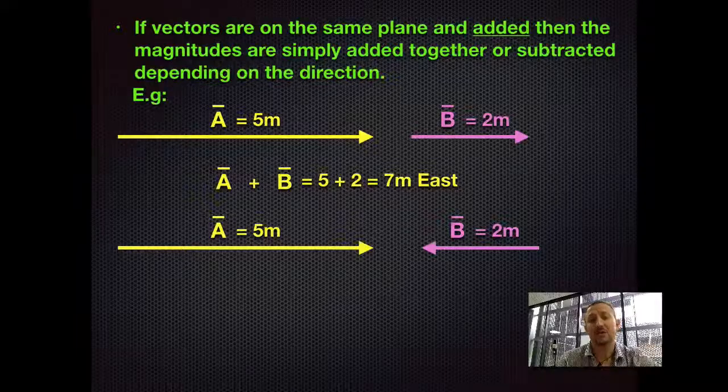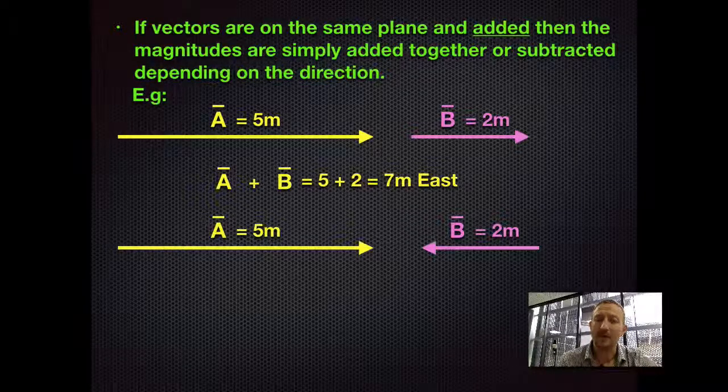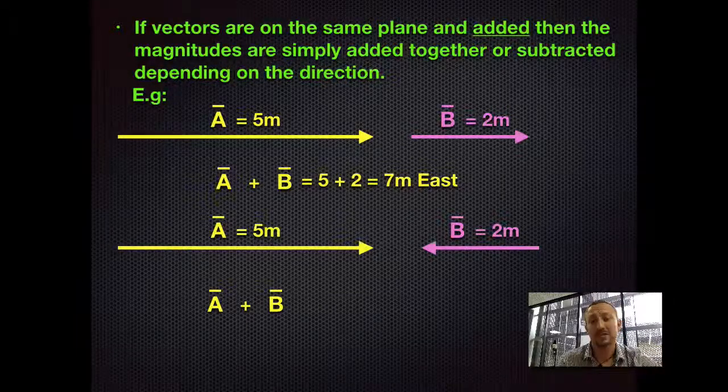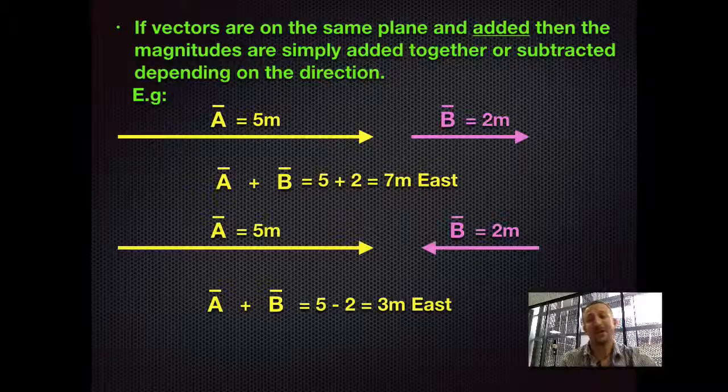However, what if I had a situation that looks like this? I've got vector A, 5 meters, and I've got vector B, but in this case, it's going in the opposite direction. How does that work? How do we solve or resolve and find the resultant of this situation where I do vector A plus vector B? Well, in this case, we're going 5 meters in an easterly direction, then we come 2 meters back. Now I've learned from your basic displacement work, we then take the 2 away, basically because we've got to take into account that vector A is going easterly and vector B is going westerly. So I've got to take the 2 away, and the result of that is I will end up 3 meters